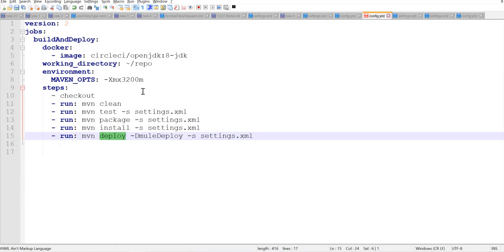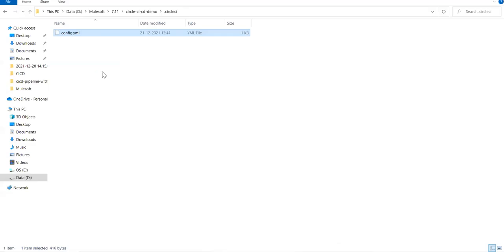Let's go ahead and add this. Let's say save, and I'll go to where I have copied it from. From here, I guess, copy this and paste it in our project. Now this file we can create from the CircleCI UI also. I'll show you how we can create it. But I'm making sure that all the information is ready in the code repository itself before creating the pipeline in CircleCI. Now my project is ready.